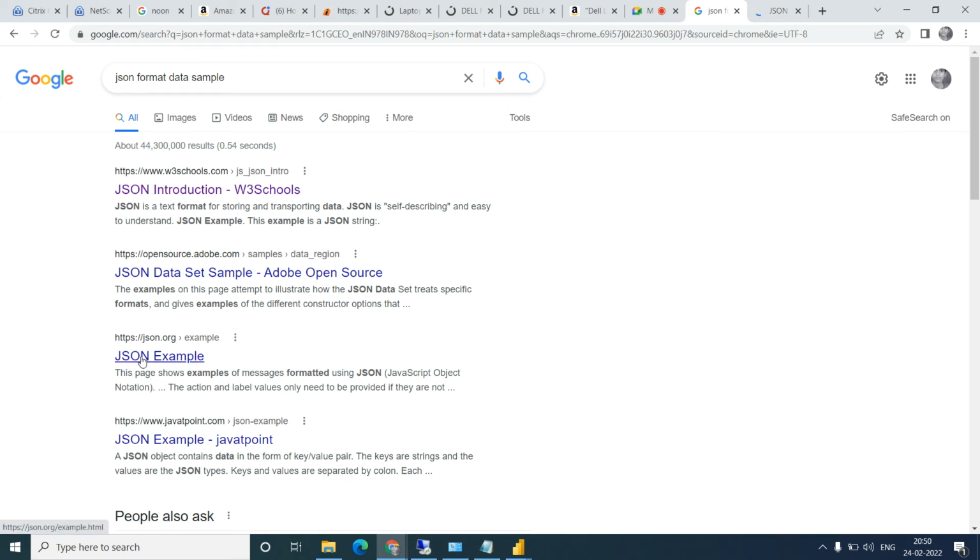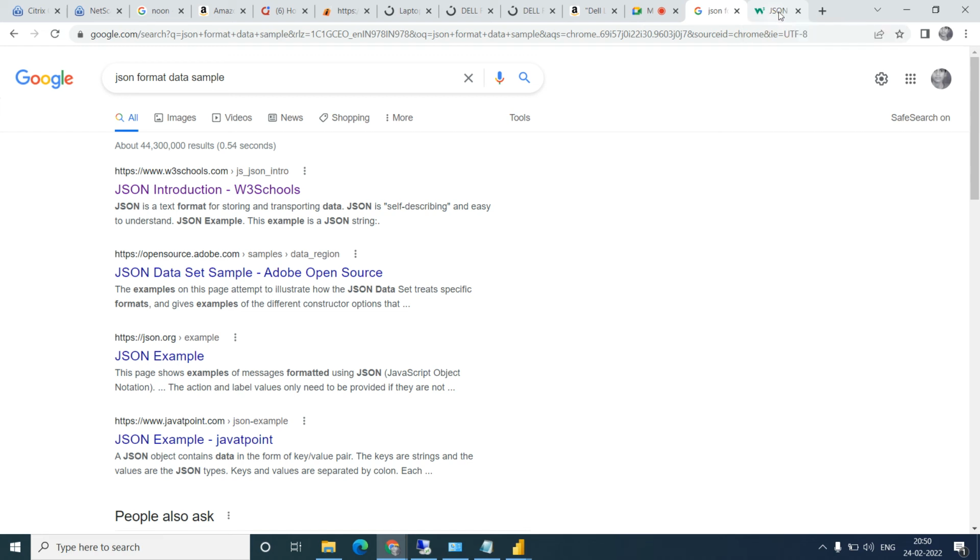What if your data is in column and row format? Is it unstructured, semi-structured or structured? It will come as structured. But if your data is in JSON or Excel format, that is semi-structured.